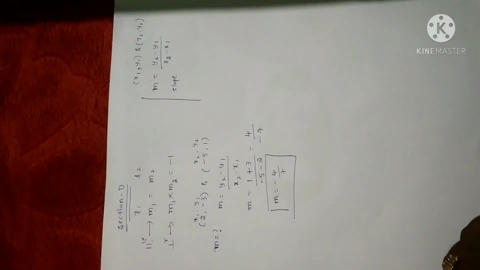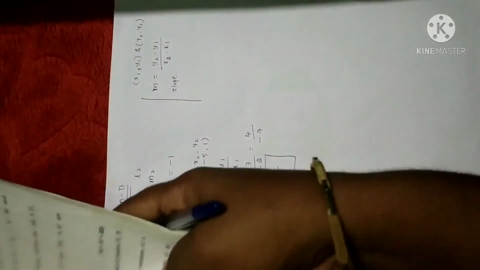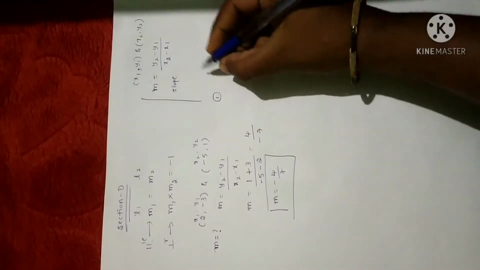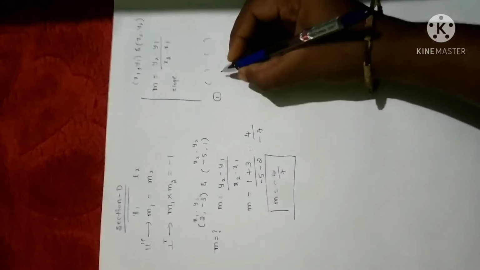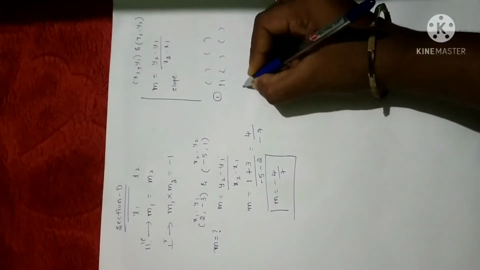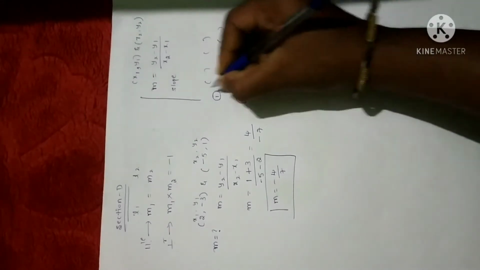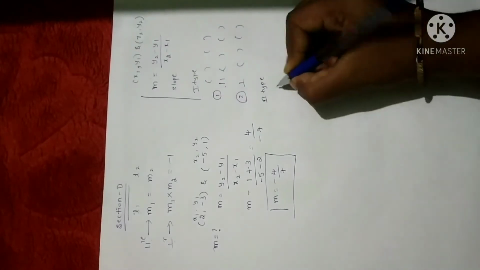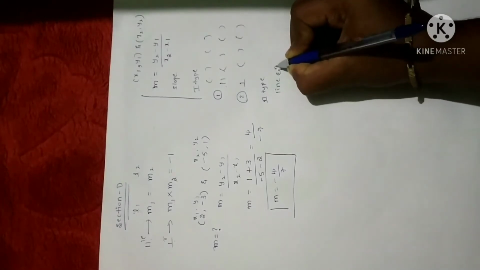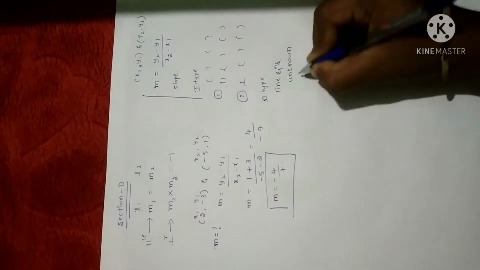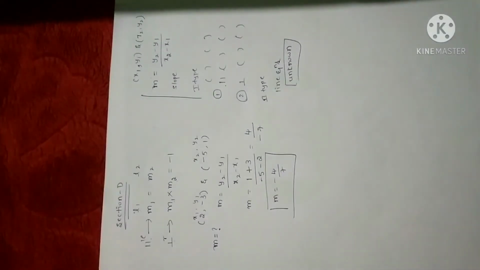Now let me explain one problem on the parallel or perpendicular concept. In this concept, mainly you will get two types of questions. First type is, they will give two coordinate points and they will ask you to prove it is parallel to some particular coordinate points and perpendicular to some particular coordinate points. This is the first type of question. Second type of question is that they'll give two line equations and they'll ask you to find the unknown values, like find the value of k. They'll ask you to find unknown values or unknown variables.